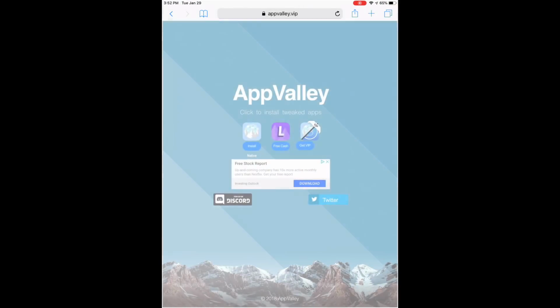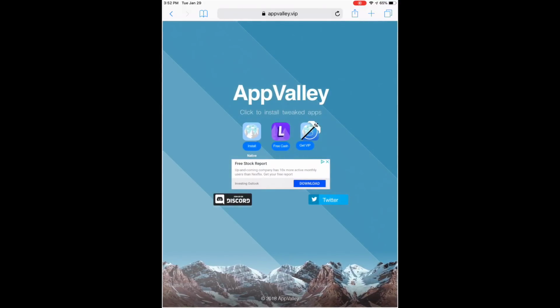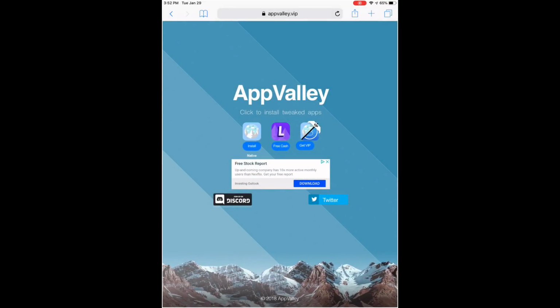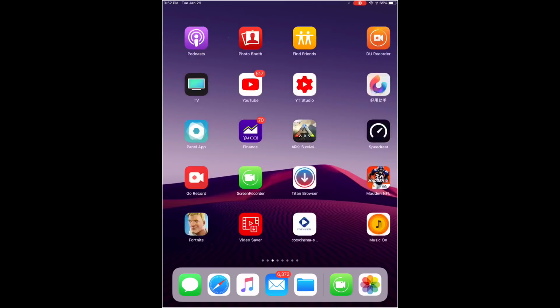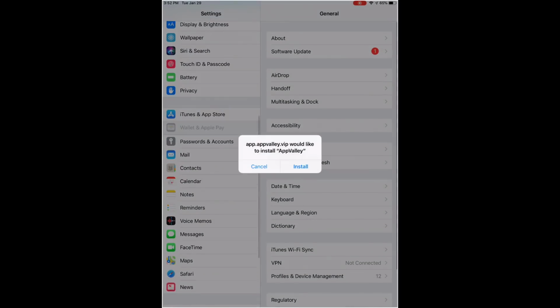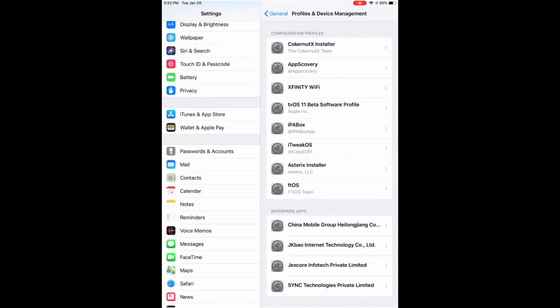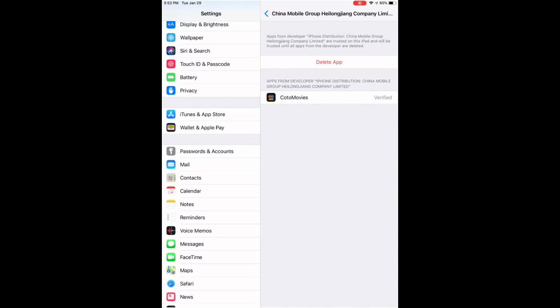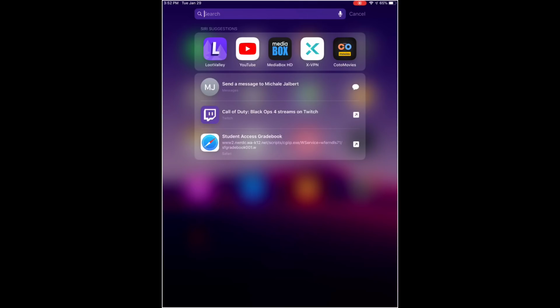So first of all, go to Safari, search up App Valley, and then once you come here, do not hit the install button. Just double tap the app, and then it will show you the install. And then after that, you go to General, Profiles and Device Management, find where it is, not there. Hit Trust, back out to the home screen, and then now